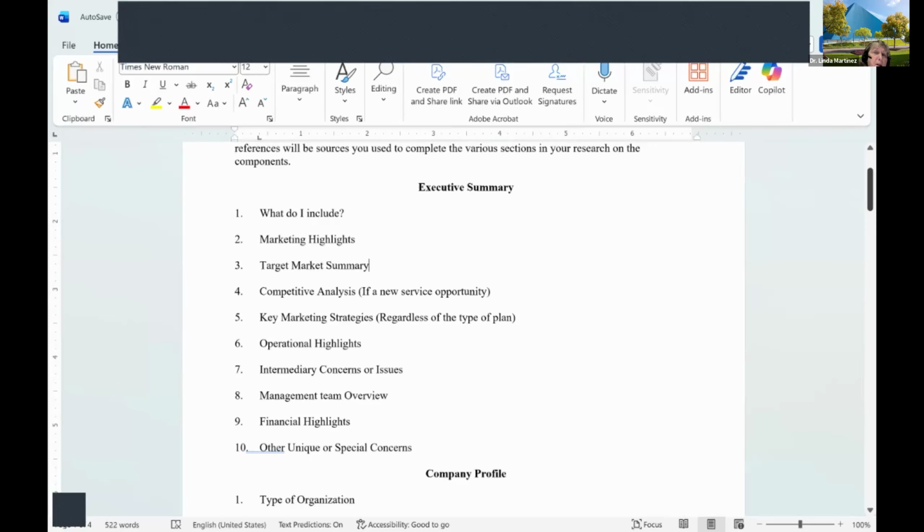Maybe you want to open a type of clinic that is already saturated in the area you're at. So how are you going to address the concern? What is going to make people come to you instead of going to them? These are immediate concerns that could cause you problems. Not long term. This is immediate, getting yourself open.